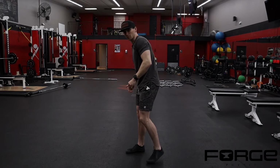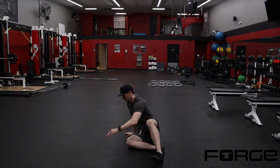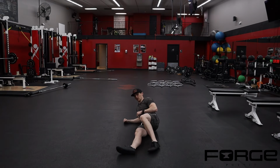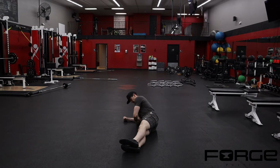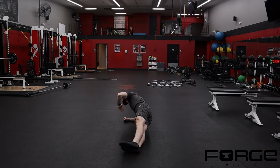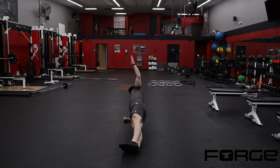If I go from the side here, when I'm on the ground, I'm going to get my feet stacked on top of each other, and then have my elbow about in line with my ankles. When I bridge up, my shoulders are completely stacked on top of each other. Then when I go to do the bridge, I'm going to rotate and sink my hips back a little bit, but I'm trying to rotate my elbow to the ground,